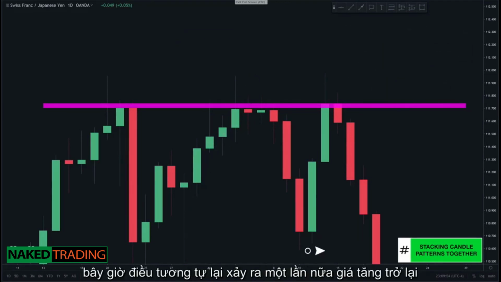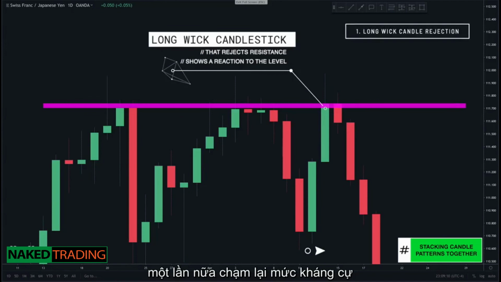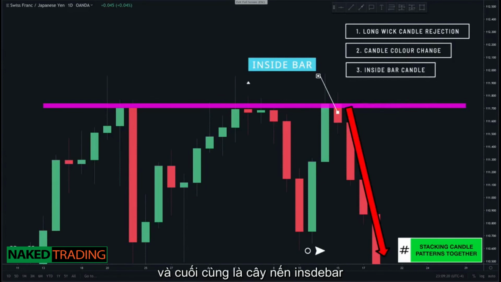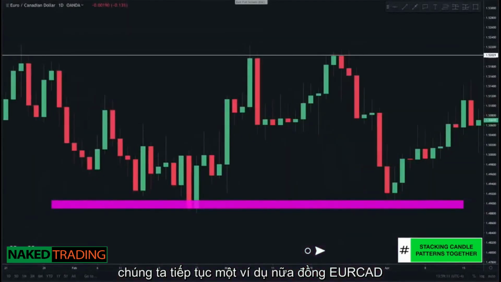Now the same thing occurred again once price came back up. First, we had a candle with the wick sticking out, showing a reaction to the level. This was then followed by a candle color change to red after green candles, and then a perfect inside bar candle. So moving on. Here's the Euro CAD, and again we look left and noticed that price was in a heavy